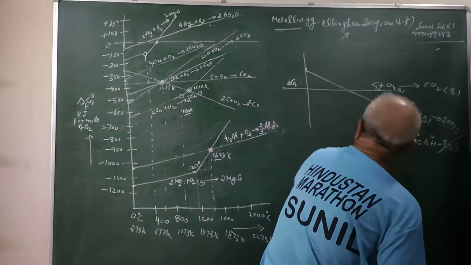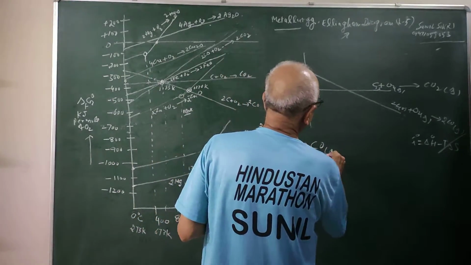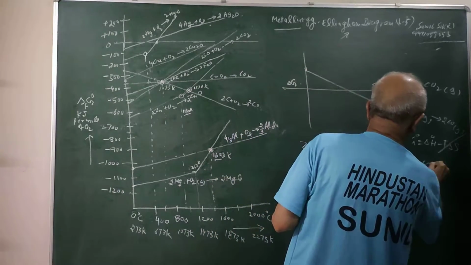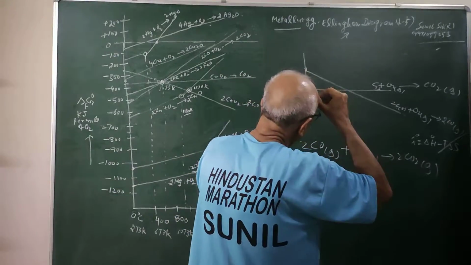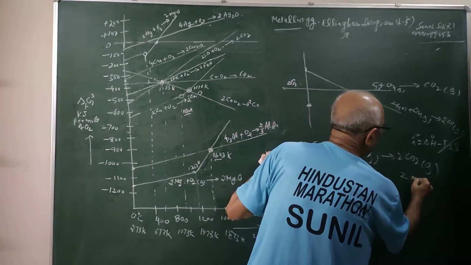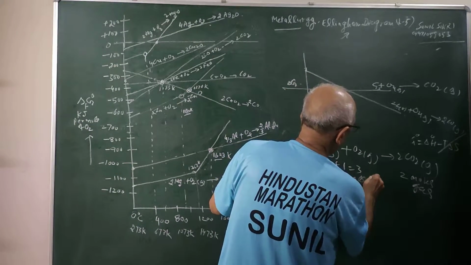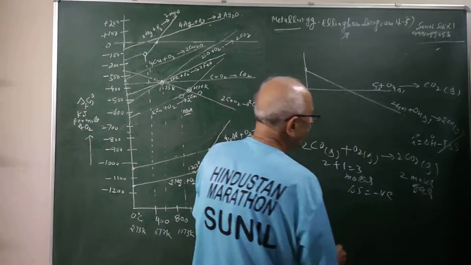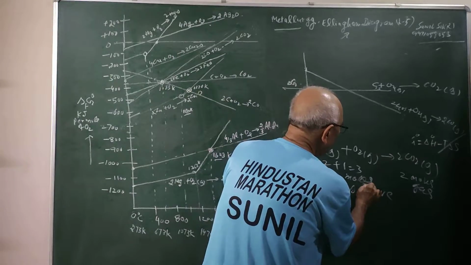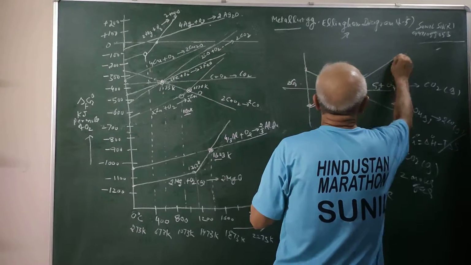Third reaction possibility is if I have carbon monoxide as a reducing agent, then what is happening? Carbon monoxide is a gas, oxygen is a gas, and you are getting 2CO2 as a gas. So in this, what will happen, students? Here, this is my carbon monoxide and oxygen gas. Here these are 2 moles of gas, and here we have 2 plus 1, 3 moles of gas. So delta S is negative. Entropy of product minus entropy of reactant is negative here, students. So if this value is negative, then the slope will be positive.